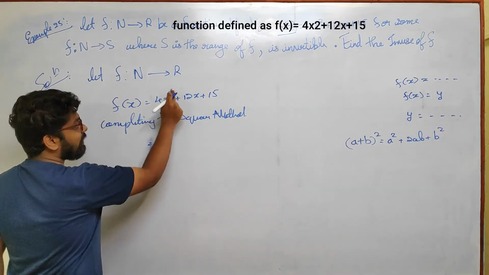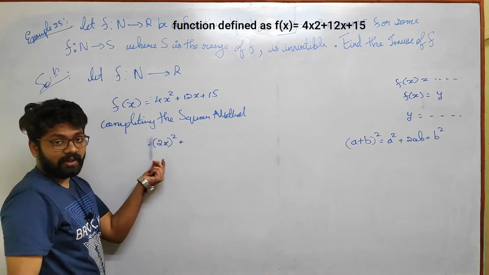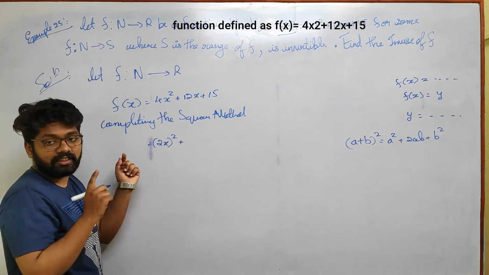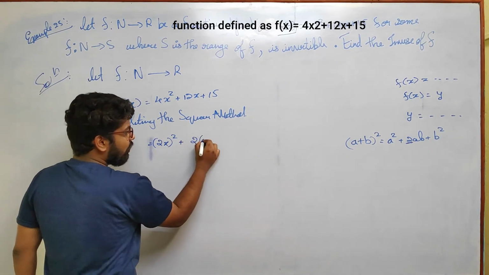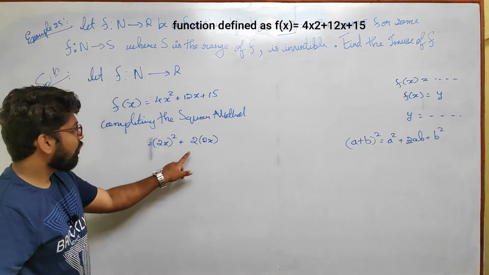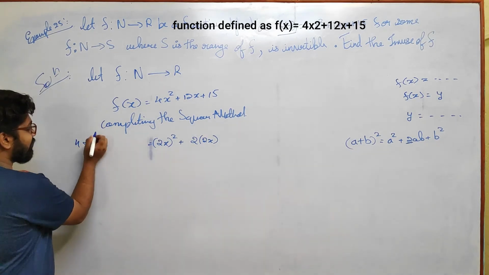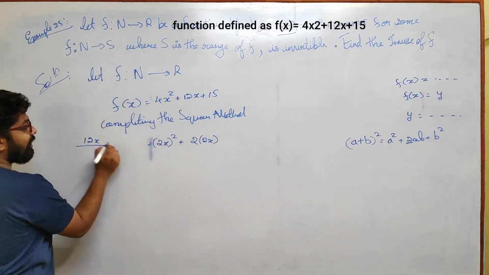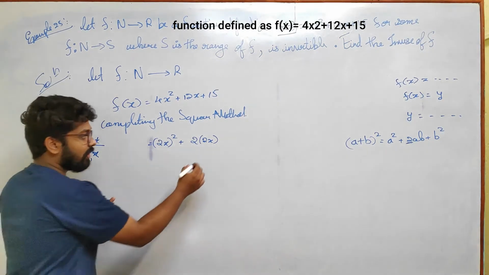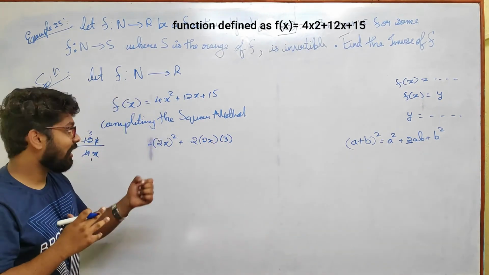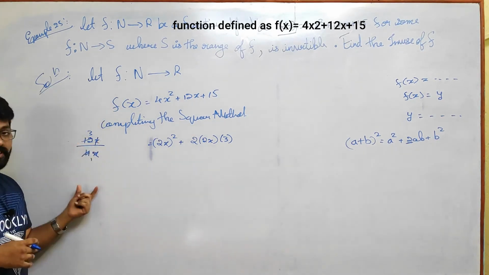f of x is equal to 4x squared. Can I write 4x squared as 2x whole square? Is it not serving the work of an a squared? So now what is a out of this? 2x. Before that there is no option, I want a 2, I will write 2 first. So a is 2x. Now 2 into 2 is 4, and x also. 4x, and here we have 12x, divided by 4x. So x and x cancel, 4 into 3 is 12. So what is b now? b is 3. Understood? To make 12x, what was missing? 3 was missing. That I got by this method.